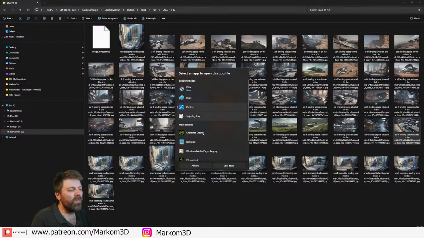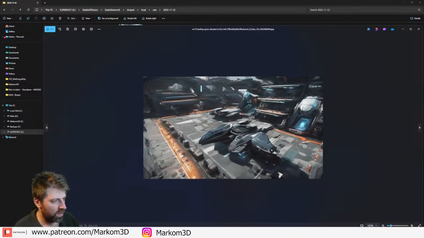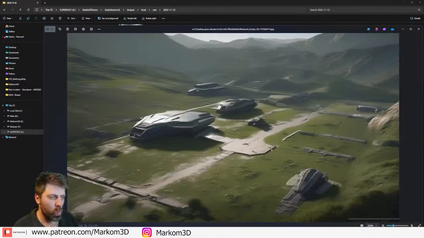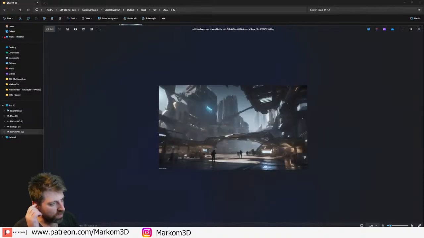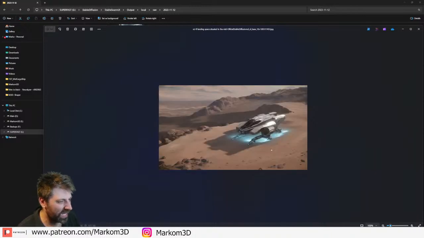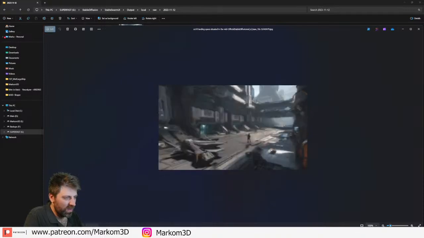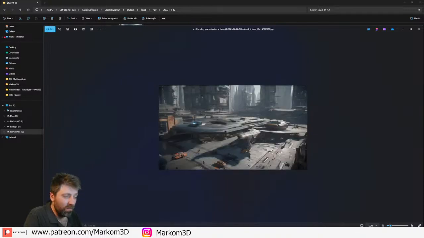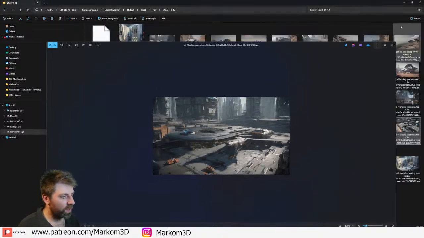Just open it up in photos. Jerk. Yeah, see, having local Stable Diffusion, just... That's not bad. Done. That's what we're going with.